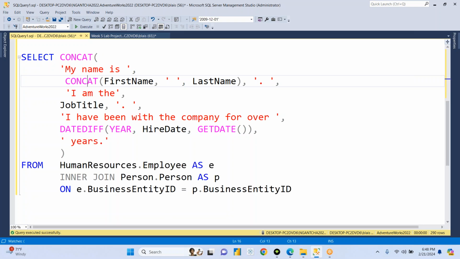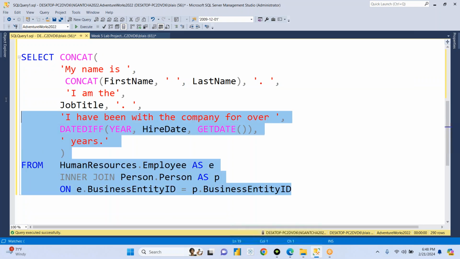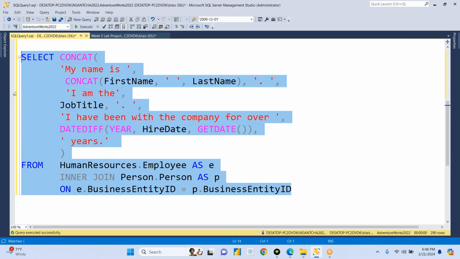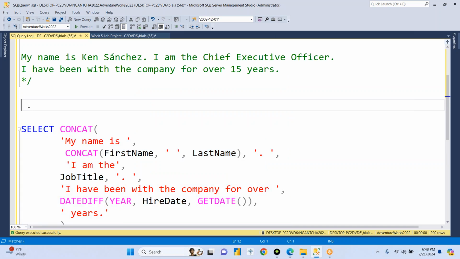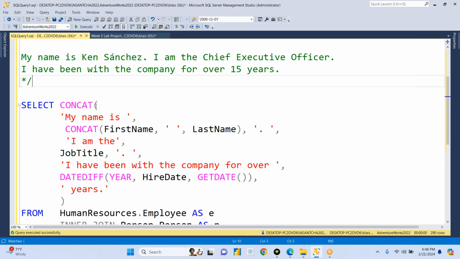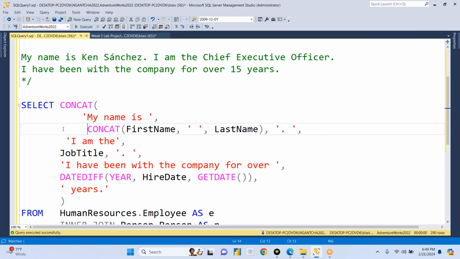Right, I'm going to give you guys an assignment. Let me just share this with you. It's something very interesting. This just shows you the power of the concat function. You can type all of this in one line. It's not an issue. This is not a syntax violation. The reason I spread this out is just so you can see the flow step by step,